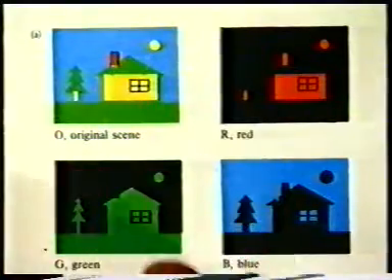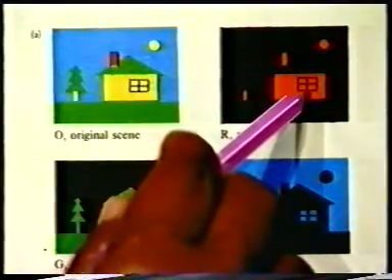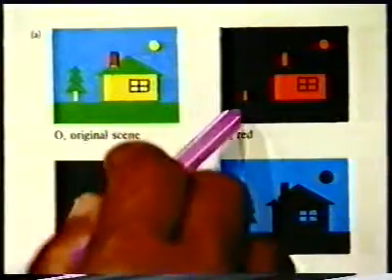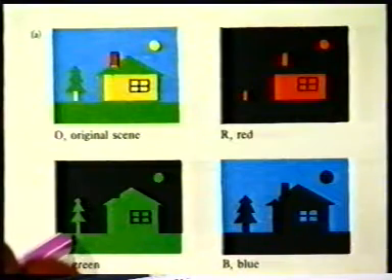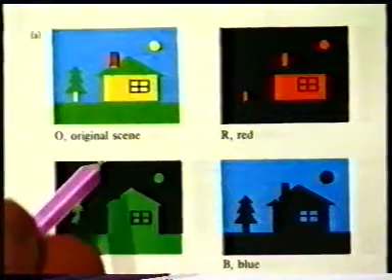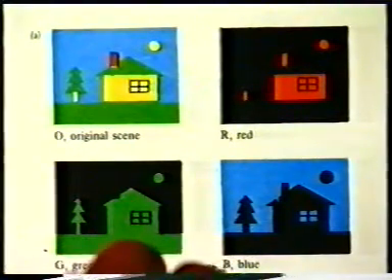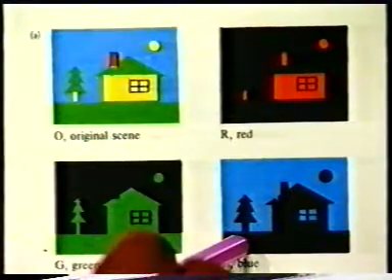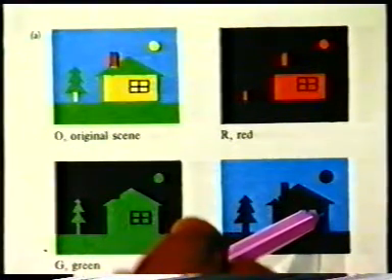If we see the output of red color, the red comes as red and yellow also comes as red, because yellow is made from red and green, and the green will look black. If we see the output of green tube, the green will come as green, blue will come as black, and yellow will come as green. In a similar way, if we see the output of blue tube, blue will come blue, and green as black, and yellow also as black, because they do not contain the blue content of the image.